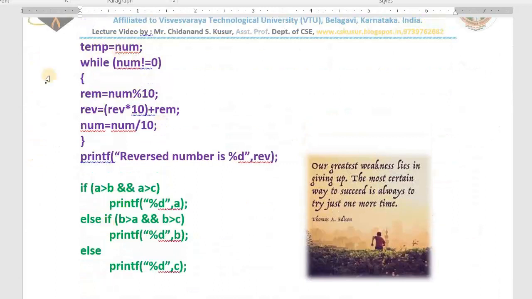This is the core code of a program to reverse a number and check whether the entered number is a palindrome or not. We store that number in a temporary variable till that number becomes 0. We take the last digit; the first time reverse is 0, so 0 into 10 plus remainder, and we store it in REV. We reduce one digit from the number. Look at these things, we used many operators because of this repetitive process while the number is reversed and stored in REV. That is what we print, and we compare it with temp in order to decide the result: palindrome or not palindrome.